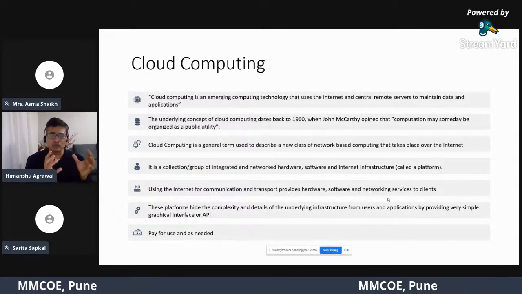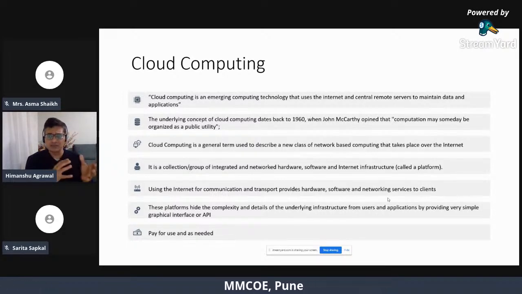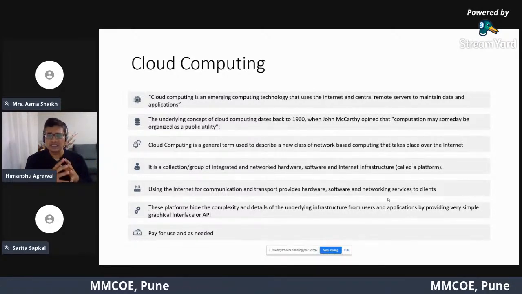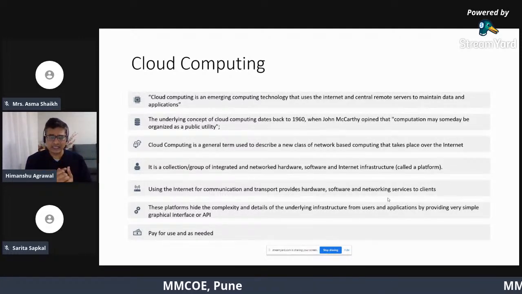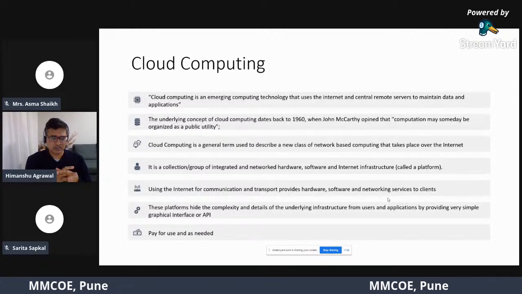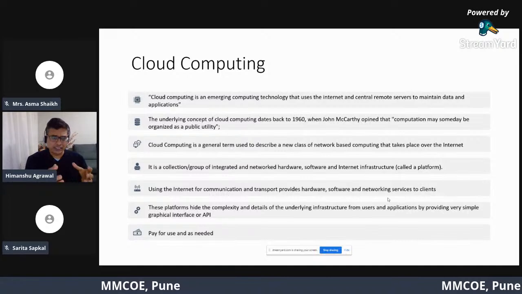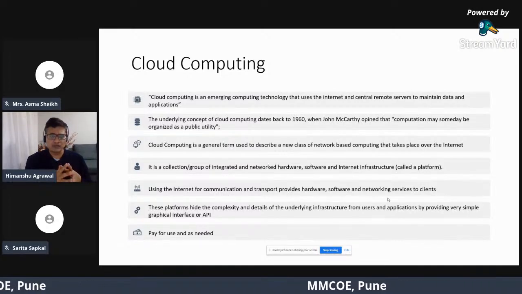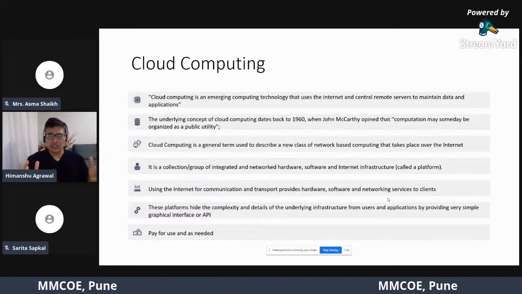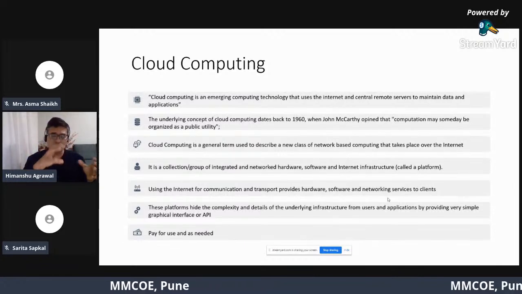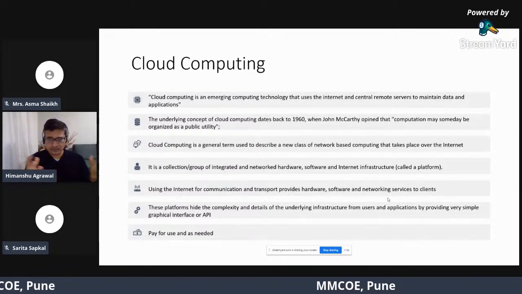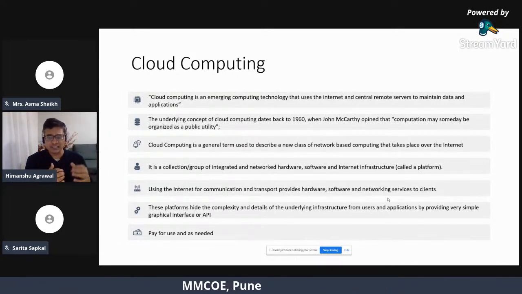Basically, cloud computing is making use of the internet and remote servers to manage the data for various applications. Cloud is a collection of various networking hardware, software, and internet infrastructure that one can make use of from the cloud service providers, as and when the requirement grows.